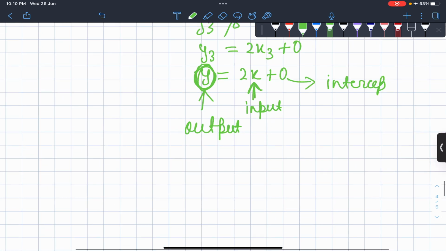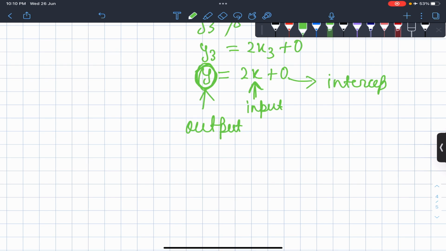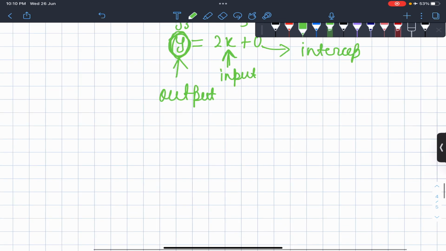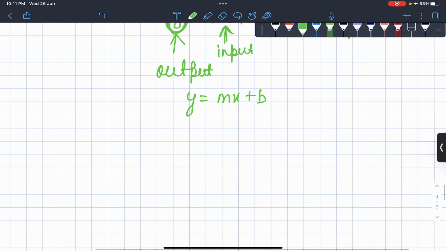Now if we do the same for another example, then we would definitely get that. So this is how we got the formula of y equal to mx plus b. Okay, so the b is the intercept